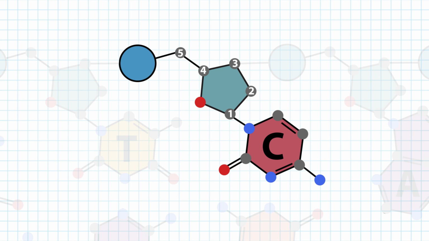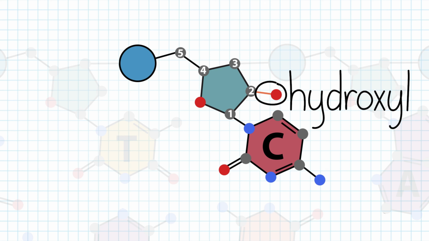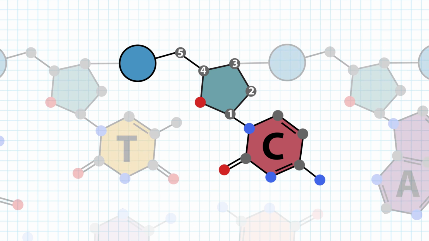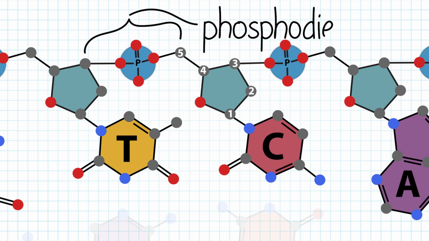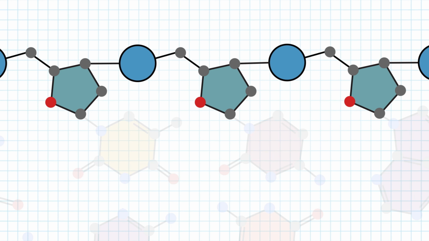The sugar is called deoxyribose because it is missing a hydroxyl group at the 2' carbon which is present in ribose. Because of this, nucleotides in DNA are called deoxynucleotides. Nucleotides attach to each other in the DNA strand by phosphodiester bonds. The phosphate group of one nucleotide binds to the 3' oxygen of the neighboring nucleotide. Thus, we can see that the sugars and phosphate groups make up the DNA backbone. The carbon numbering is key to describing the directionality of the DNA strand, 5' to 3'.